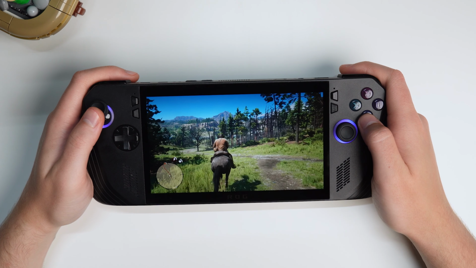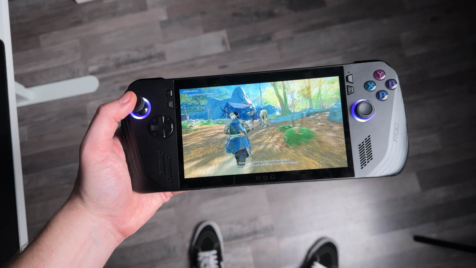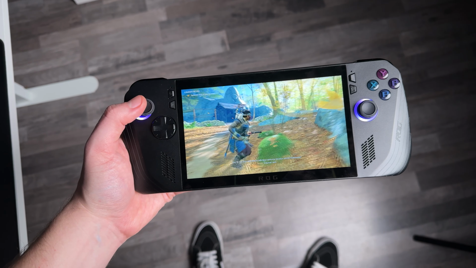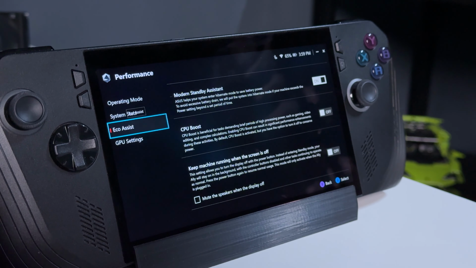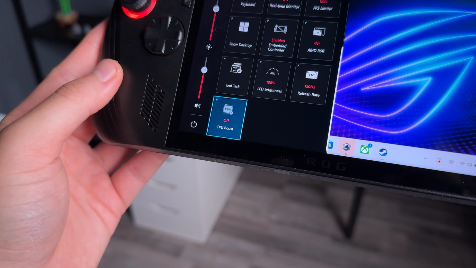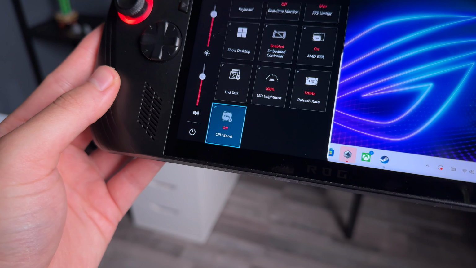If it's a little sluggish, then go ahead and enable this setting. In my case, Ghost of Tsushima on low graphics on 17 watts ran perfectly fine without CPU boost. But I get it, it's kind of a hassle to jump into the settings and toggle it on and off, and I'll show you a quicker way to enable and disable this feature in the next tip, which is customizing